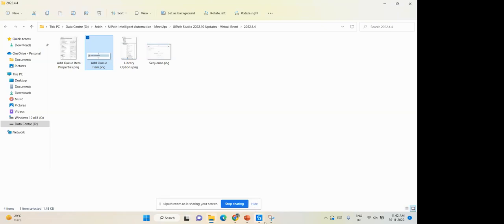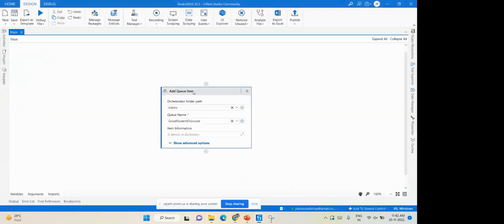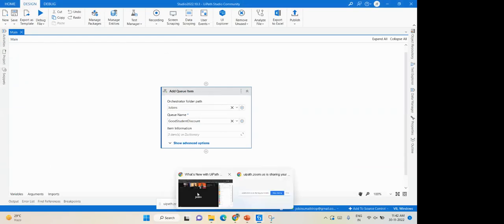So now what UiPath did, they brought the view model concept into the picture so that in all the places, the look and feel of the activity will be the same. So here the Add Queue Item is appearing like this. If I go to my Studio Web,